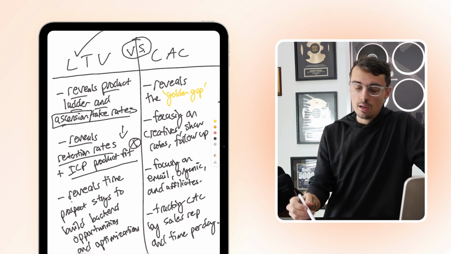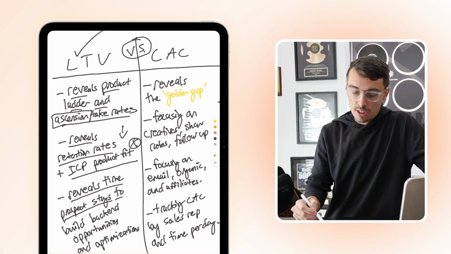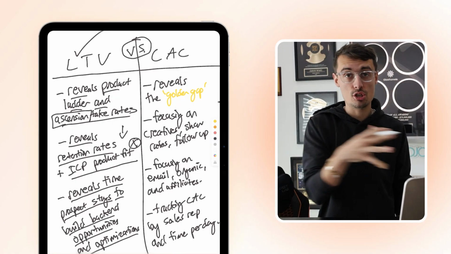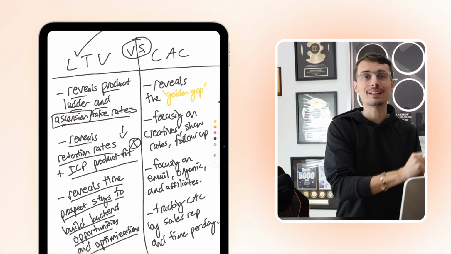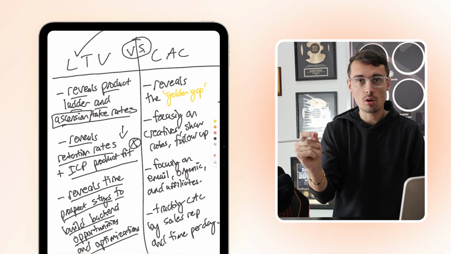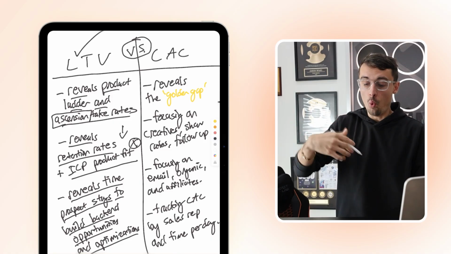The last part here is that it reveals the time the prospect stays in your ecosystem to build back-end opportunities and optimizations. Maybe you have to add things to the deliverables of the product, not just your product ladder, but what are we doing on the product delivery side? Is it an extra department? Is it more coaching calls? Is it a one-to-one aspect? Is it events in person? Like, what is it